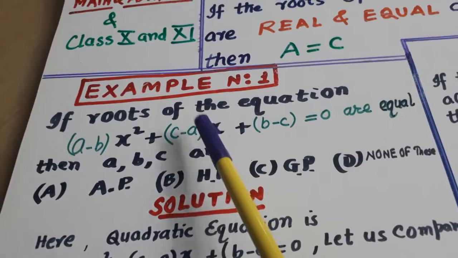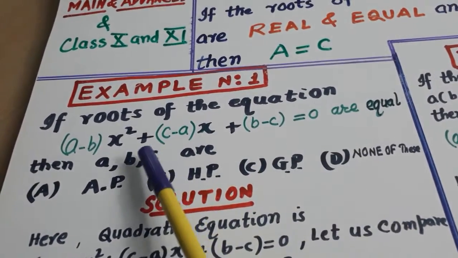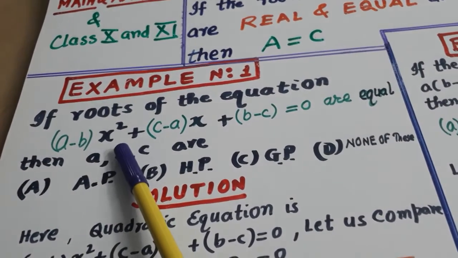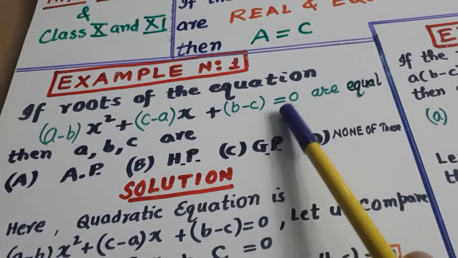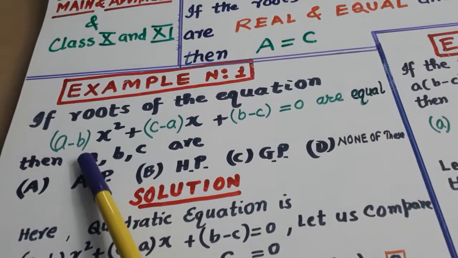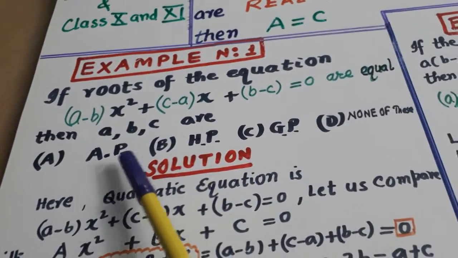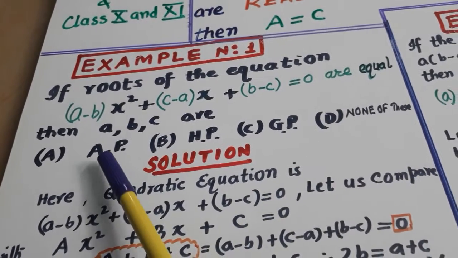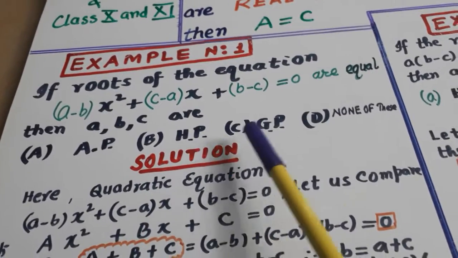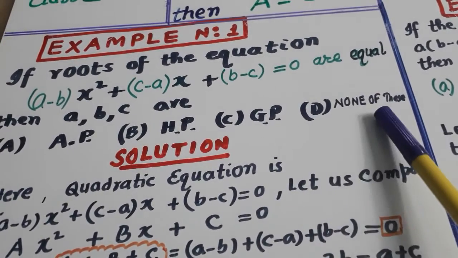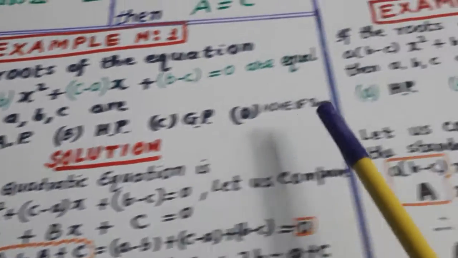Here the example is: if the roots of the equation (a minus b)x square plus (c minus a)x plus (b minus c) equal to 0 are equal, then a, b, c are in, these are the four choices, AP, HP, GP or none of these. Now, as per the technique,